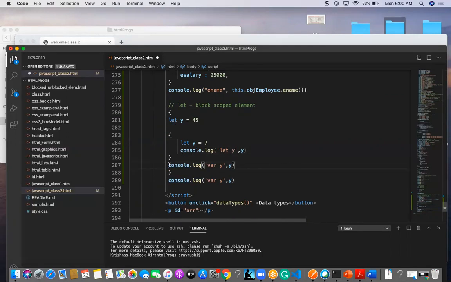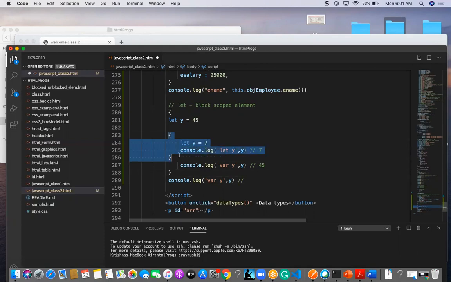But coming to this, now you can tell what the outputs of this are. See, first I have here one block scope, but this value will be 7. And this value will be 45. And what about this value? I have ended the let variable here.